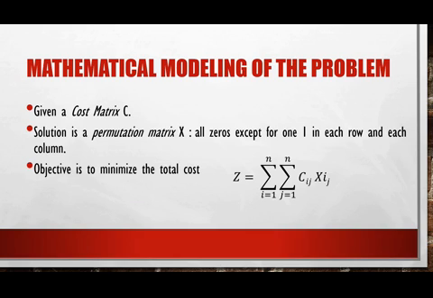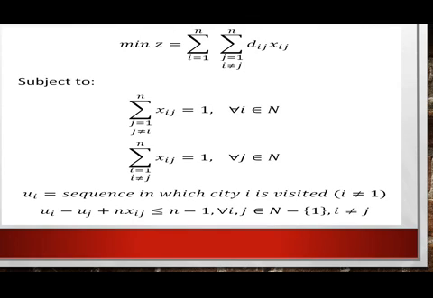Next, the objective of your TSP is to minimize the total cost or the total distance or the total time of traveling. So we denote this total cost as the double summation of Cij Xij. Cij is the cost matrix entry. Xij is either 0 or 1 based on whether you are considering that route or not considering that route. Okay. So the actual mathematical formulation of your TSP looks like: minimize z equals double summation of Cij Xij,